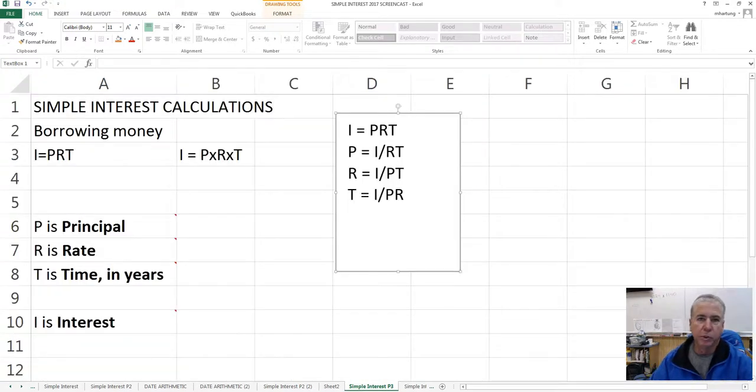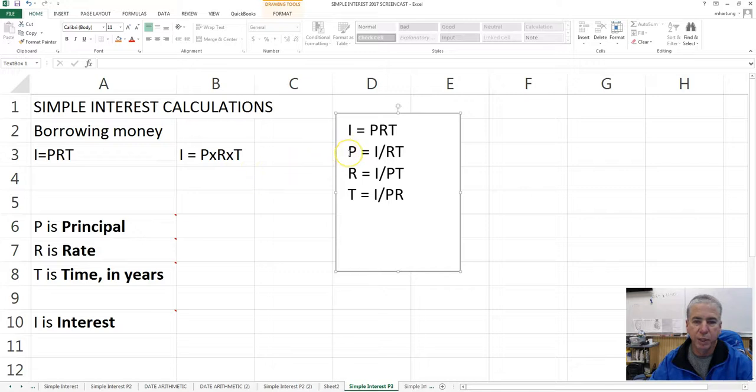So let's take a closer look at the relationship of interest equals principal times rate times time, or I equals PRT. Now, we're solving for interest using this formula, but we can also solve for any of these other variables such as principal, rate, and time, provided that we have at least 3 of the variables available to us. So by rearranging this,